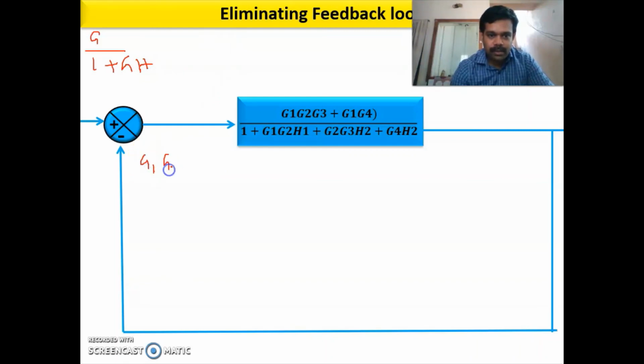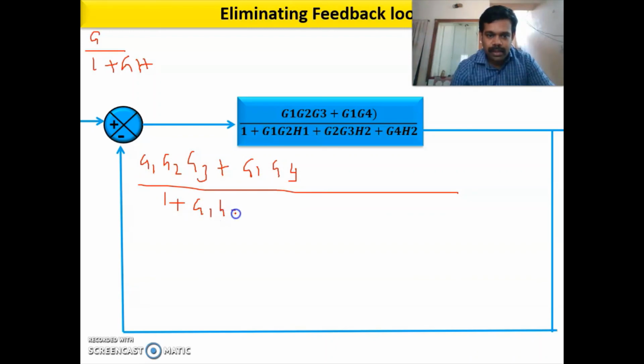G1, G2, G3 plus G1, G4 divided by 1 plus G1, G2, H1 plus G2, G3, H2 plus G4, H2. Okay. Divided by